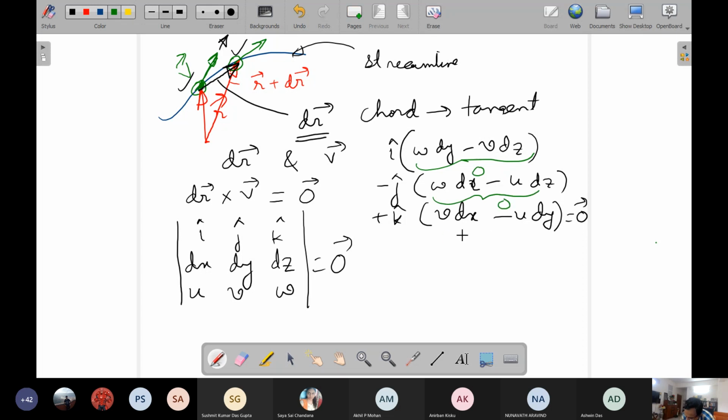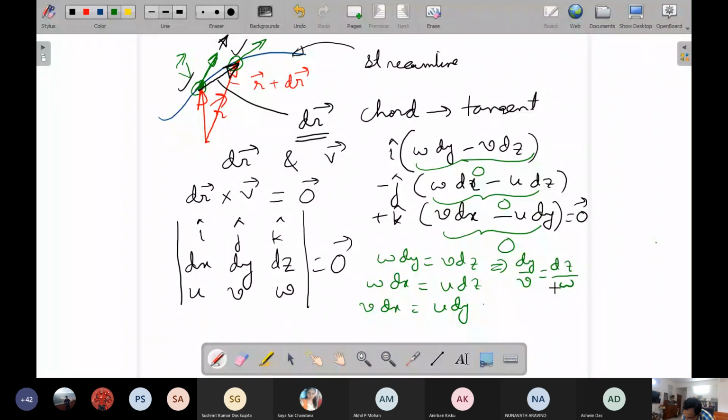So this has to be 0, this has to be 0, and this has to be 0. So that means you have w dy is equal to v dz, w dx, this one, and v dx is equal to u dy. So now if you just take a commonality, so this will give you and this will give,